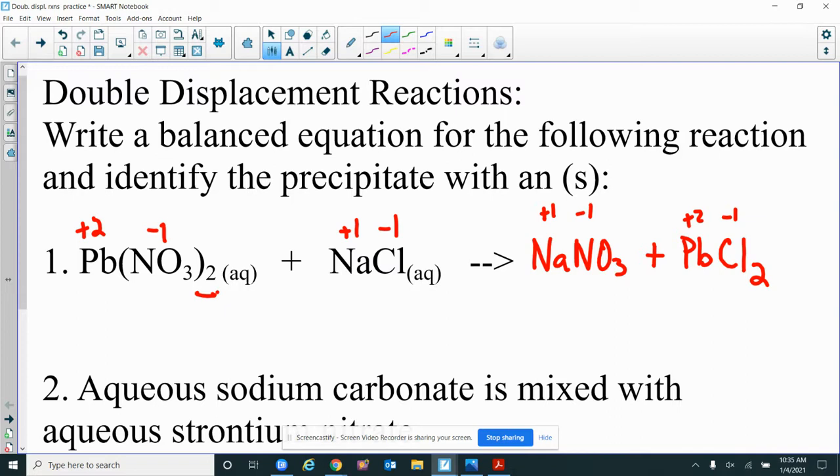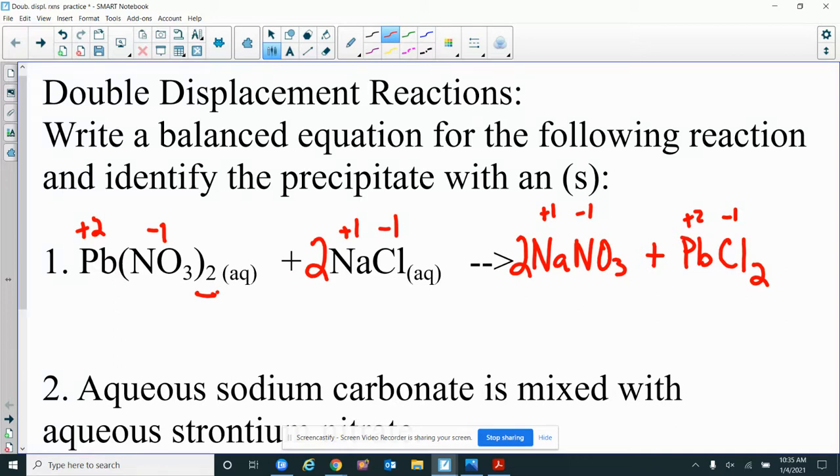Now I have to balance the equation. I have 2 nitrates on the reactant side, so I need a 2 here. That gives me 2 sodiums and 2 chlorines, so I need a 2 here. Okay, so I switch partners, balance charges to get my compounds, then balance the equation, and now I have to